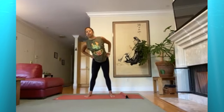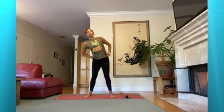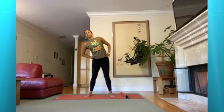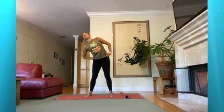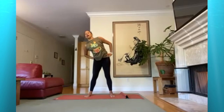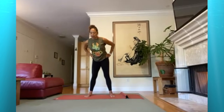So it might look like nothing, just a little, starting as if you're moving around a quarter size as you rotate, and then opening up to a teacup size, and then opening up to a dinner plate size, and then opening up to an umbrella size. Beautiful. And then switching direction, starting really small, starting in that quarter size, moving around the center, up the spine,